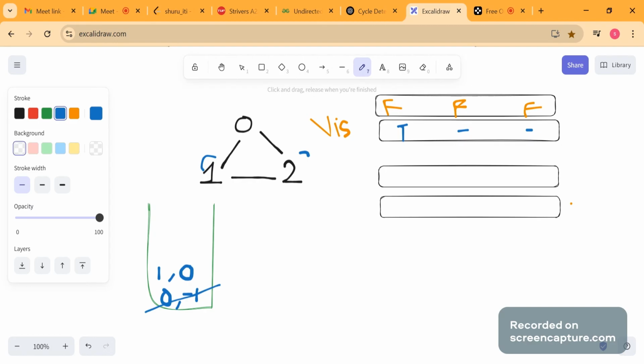So 0 will be pulled out and its neighbors will be pushed into the queue. 1 has 0 as its parent, and similarly 2 also has 0 as its parent, because we are coming to 2 from 0. Now, as we have added 1 and 2 to the queue, we will mark them as true.